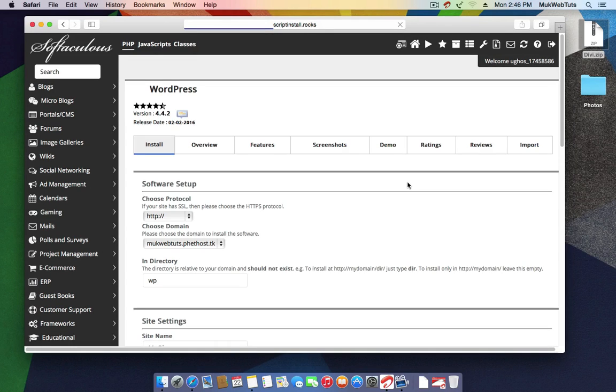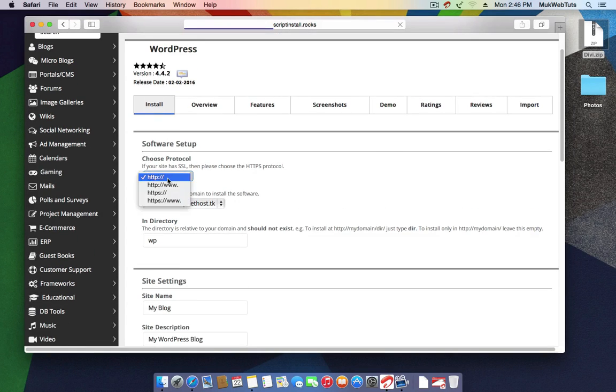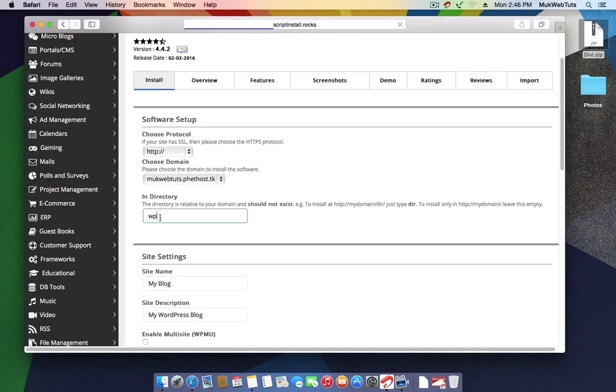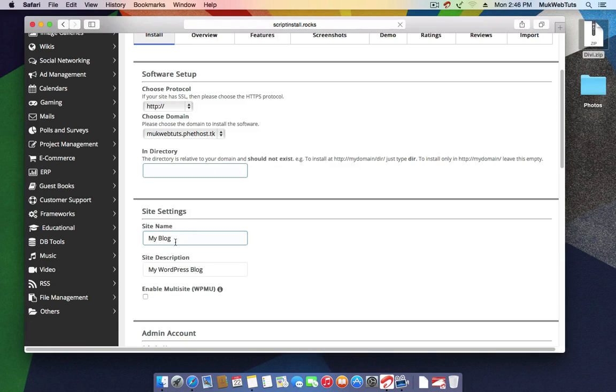And from here I can choose the protocol, but I currently use HTTP, and you don't need to worry about these. You can just go on selecting mookwebtats.feathers.tk. I'm gonna install it in the default directory, so that's why I'm gonna delete this WP. I'm gonna delete that, and I'm gonna name the site branding, and I'm gonna give it a tagline of all the